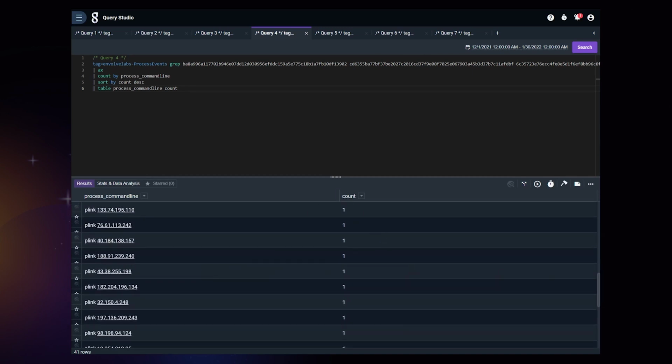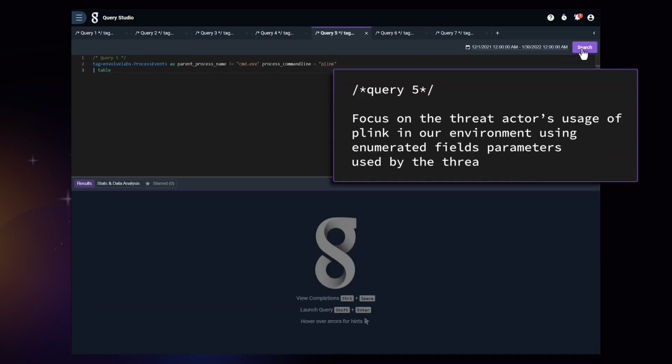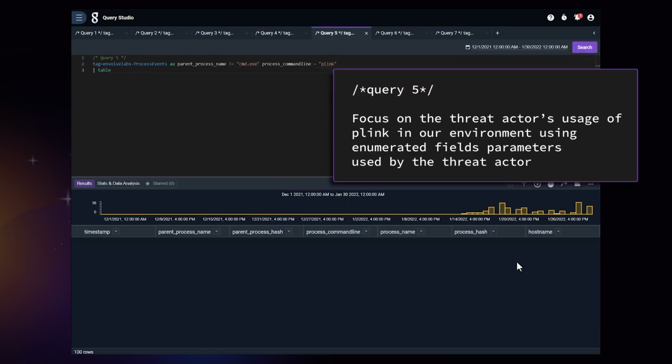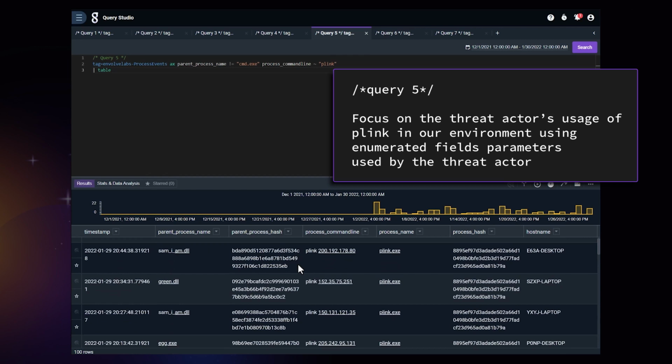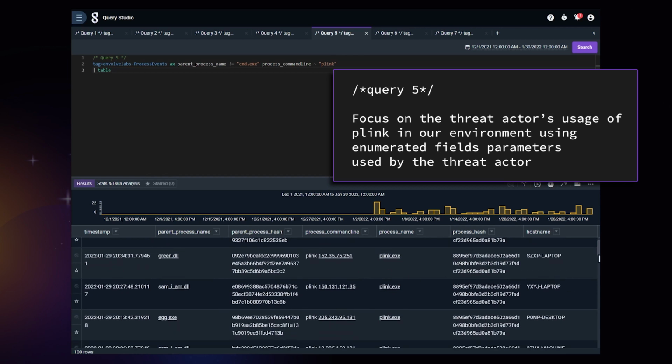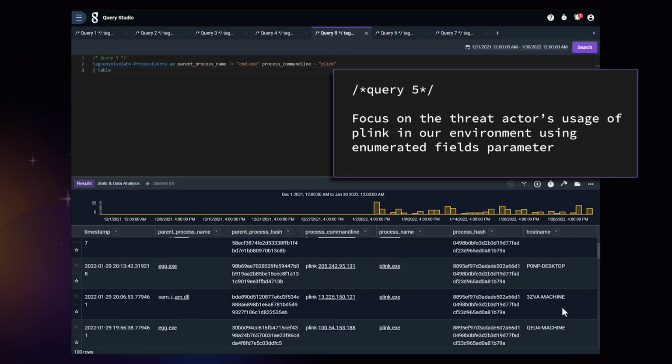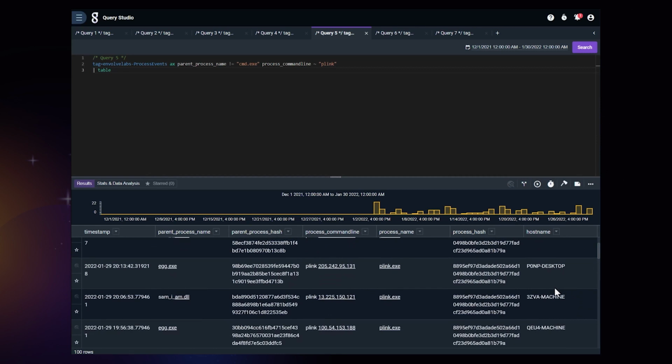Let's focus on the threat actor's usage of plink.exe in our environment, as this is a particularly high confidence signal that the threat actor is able to interact with the affected host. We can see this threat actor plink activity on multiple machines in our environment, and all our results appear to be true positives. So this could be a reasonable detection to create,